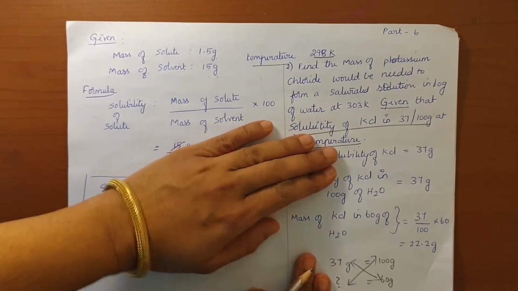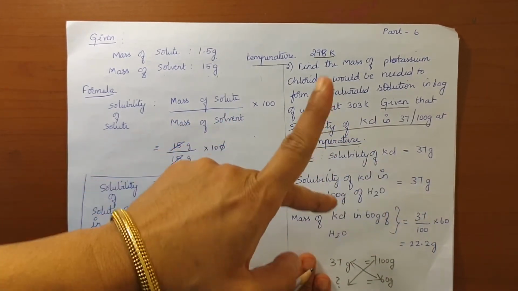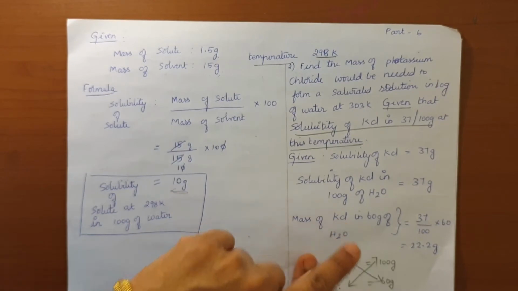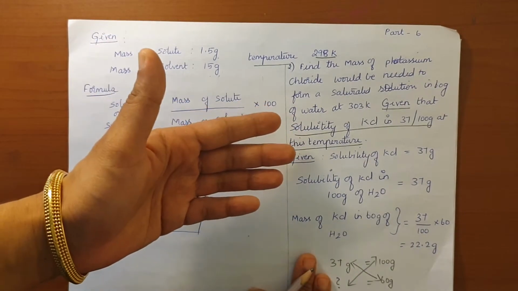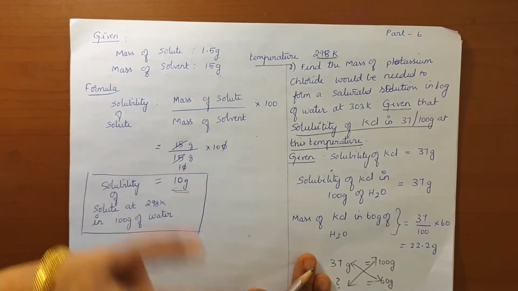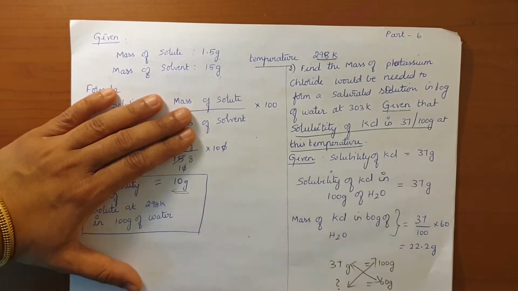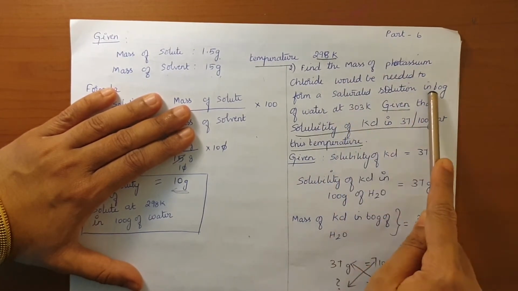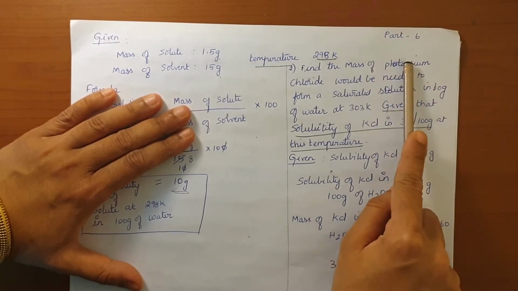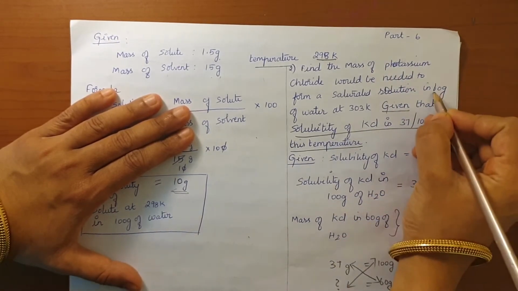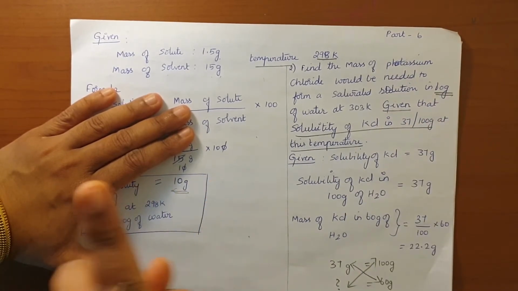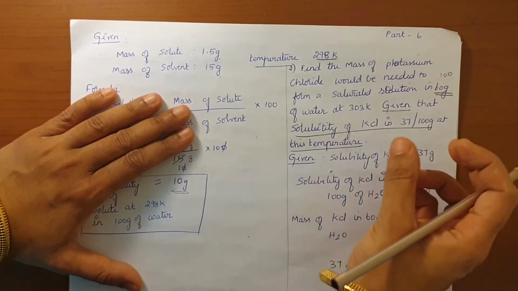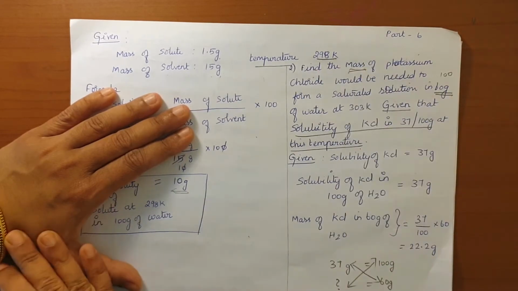In the second question, it is going to be the reverse way. You will be given solubility. You have to find the mass of solute which can be dissolved in some other weight of the solvent. It is not going to be 100 grams now. Let us read the question. Find the mass of potassium chloride which is needed to form saturated solution of potassium chloride in 60 grams of water. So you have to underline. Now the number is not 100, it is 60 grams. If it is given as 100, then you can directly take the mass as the solubility.